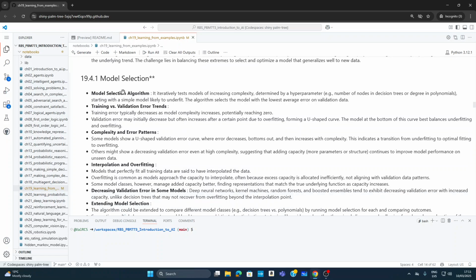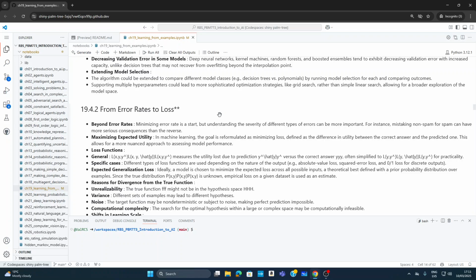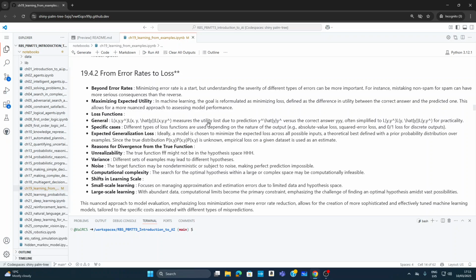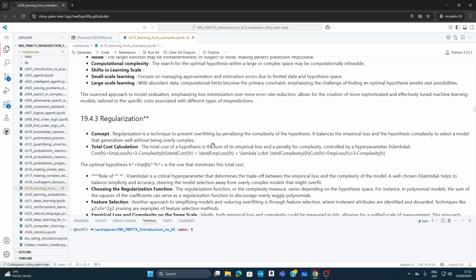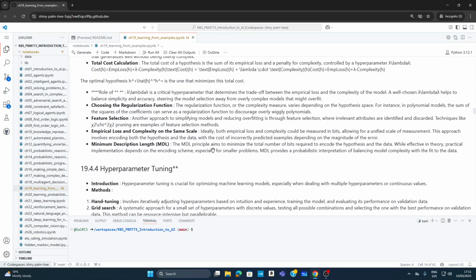So, there are lots of ways of model selection. You're trying to basically minimize the error rate, the loss rate. Again, you cannot come up with the true function, the actual function, because it does not exist in a real life scenario. You want something that's close enough, basically. So, regularization: you basically want to minimize maybe some feature, like, for example, you're trying